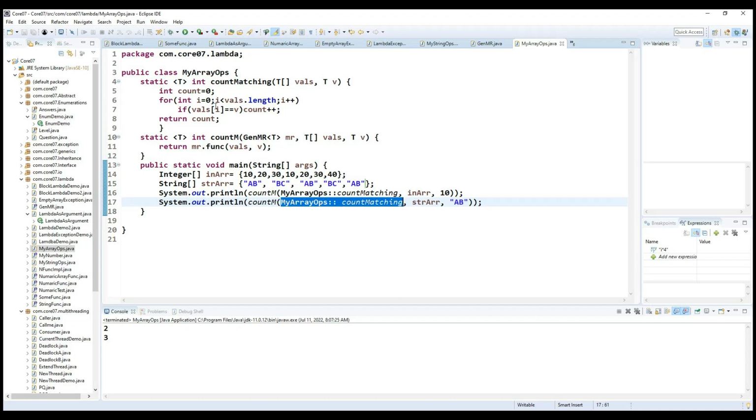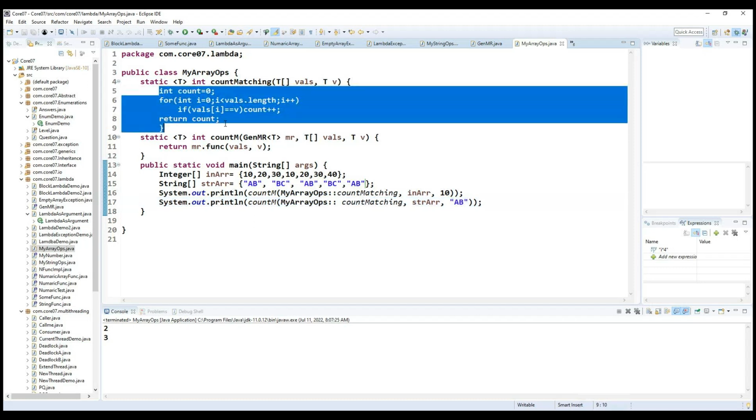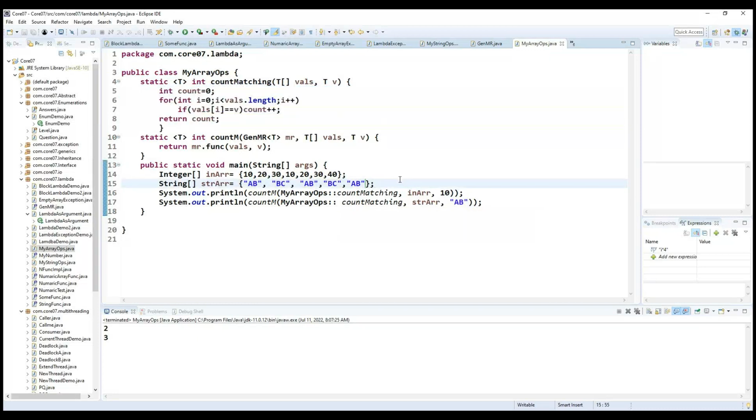If you're not interested in the method references, whatever the logic we implemented, this logic we can provide as a lambda. We can provide as a lambda. These are the two important pieces of information we need to understand how method references and lambdas work. Okay, so tomorrow we'll continue the method references concepts here, and most probably tomorrow we'll finish this lambda and method references concept. So once we complete this, now we'll move on to